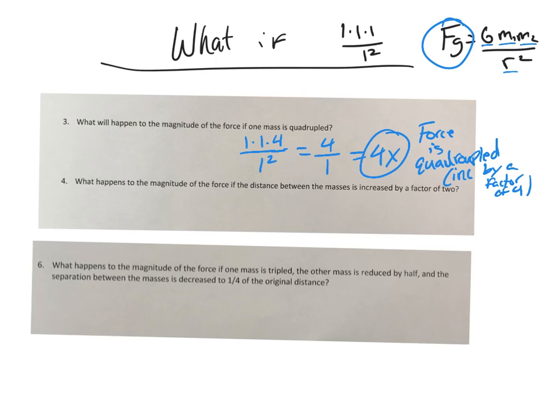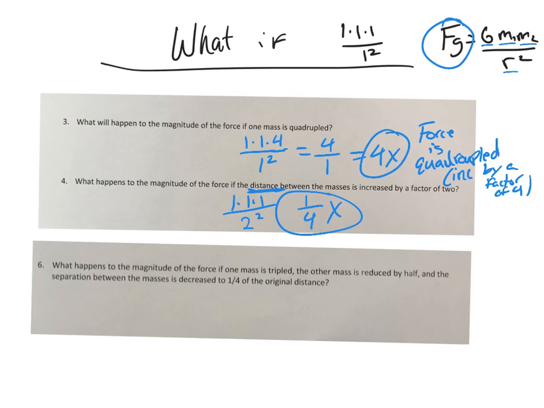All right. So for another one, what will happen to the magnitude of the force if the distance between the masses is increased by a factor of 2? 1 times 1 times 1 divided by 1 squared. Well, in this case, I'm changing the distance. So I'm increasing the distance by a factor of 2. So if I increase by a factor of 2, I am going to double it. So I'm going to change that to a 2. And I would get 1 over 4. And that's what happens to the force, which would be 1/4 the original, decreased by a factor of 4, something